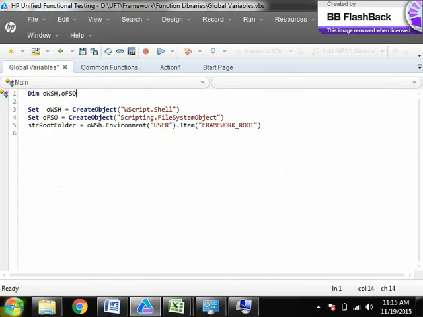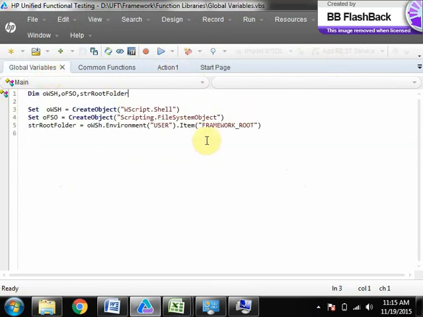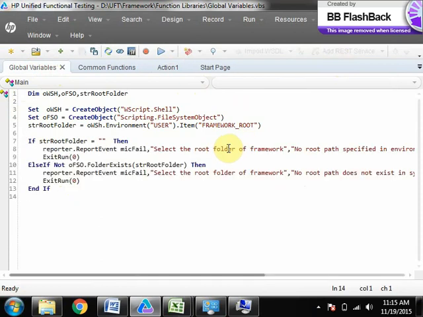If you associate this function library, these variables will become global. But you have to declare these variables outside all the functions in a library. Then instead of keeping this in every script, we can do it here. So these things need to be executed globally, before my action gets executed; this needs to be verified.